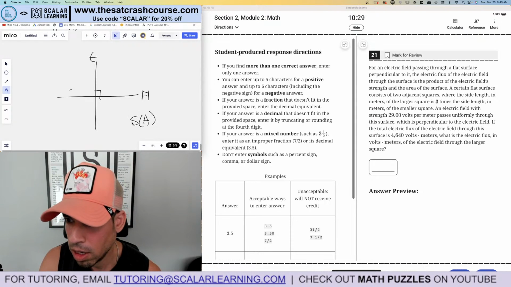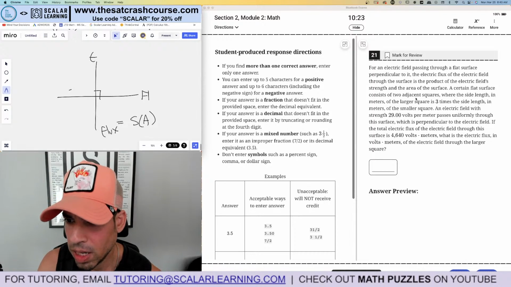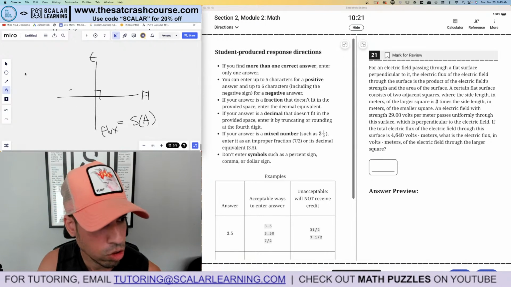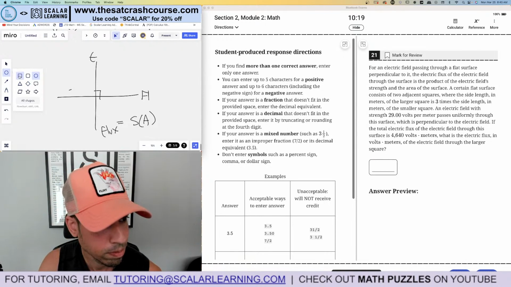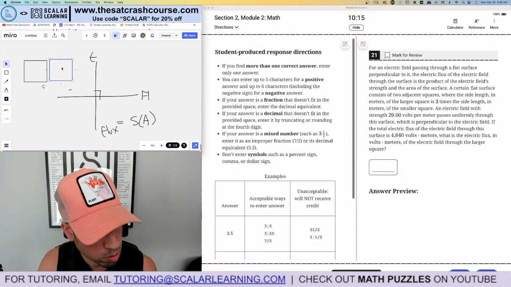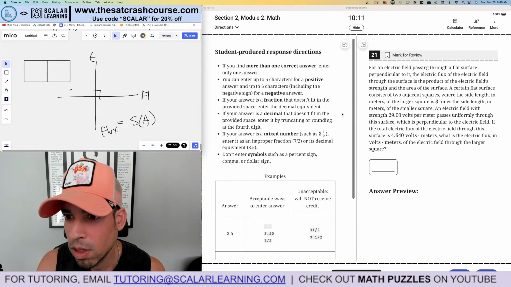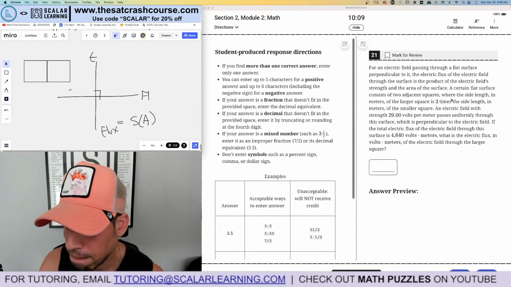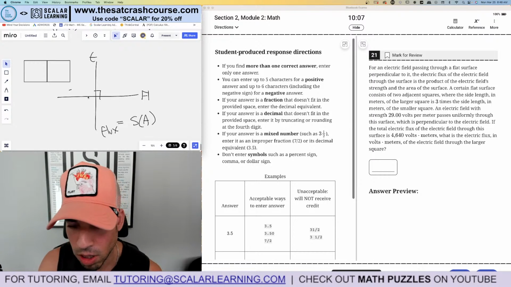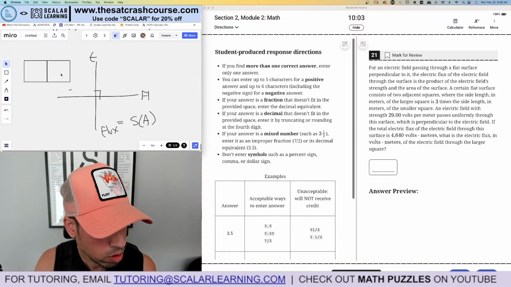So strength and area is the flux. A certain flat surface consists of 2 adjacent squares. All right, these problems are tough. Two adjacent squares, where the side length in meters of the larger square